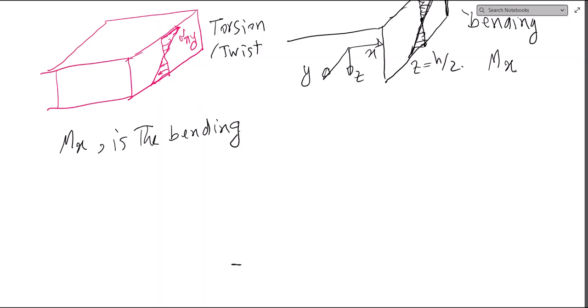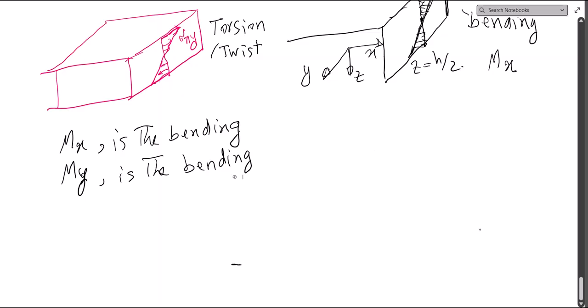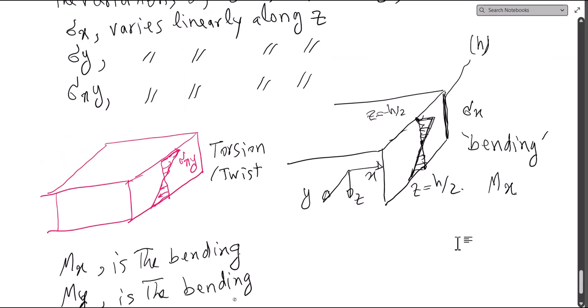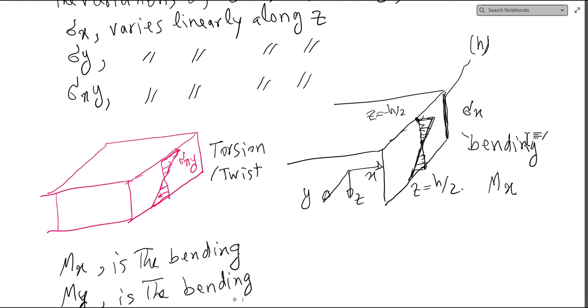My is the bending. You can also specify the axis that they are bending. So if I have a bending here, because this is my x-axis, actually mx becomes the bending about y-axis, if you like, about y-axis, and this is about x-axis,